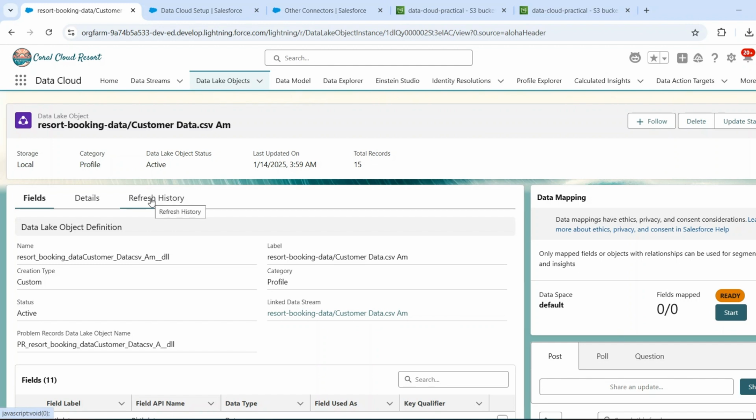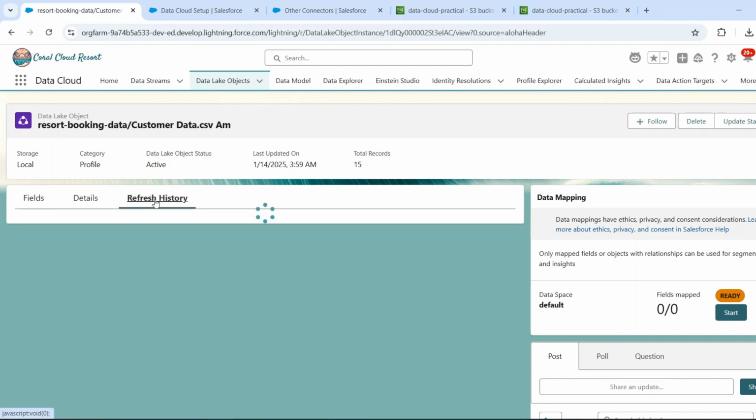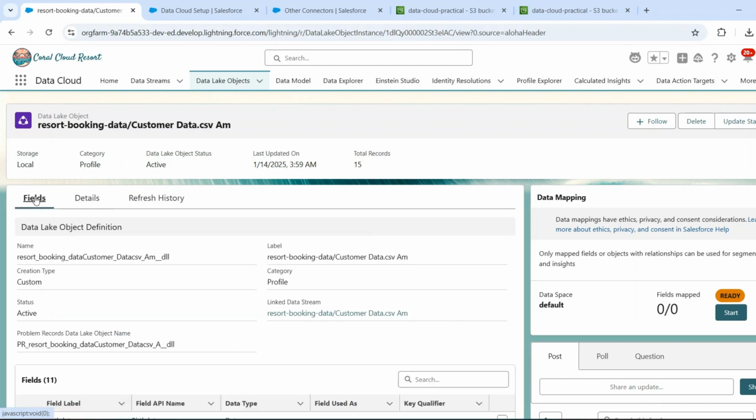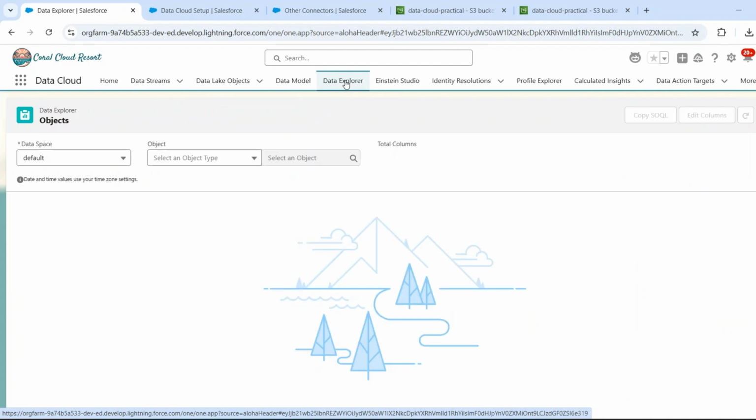Now the very next question: how do we visualize the data that has been fetched, where can we see that data? Right, we know that the connection was established, the data stream was created, and the synchronization is also done, but where to see the data? So there is a concept of the Data Explorer tab here in Data Cloud. You can just click on it, and then it's like a normal SQL query where you can query the records